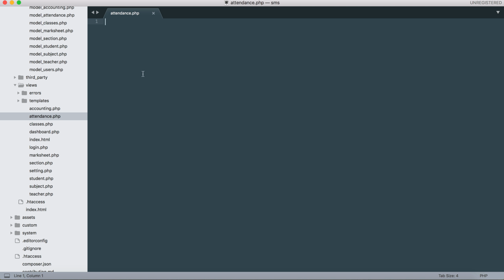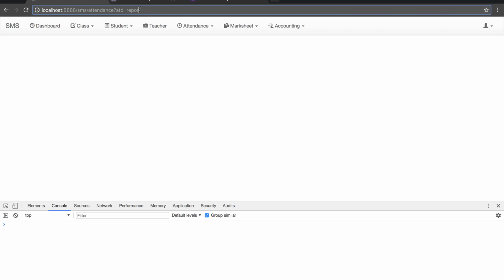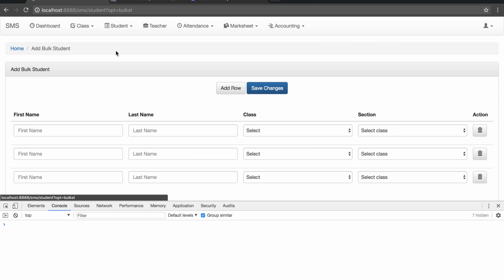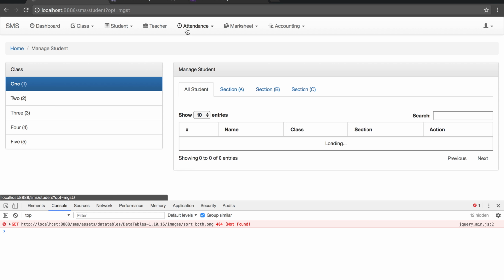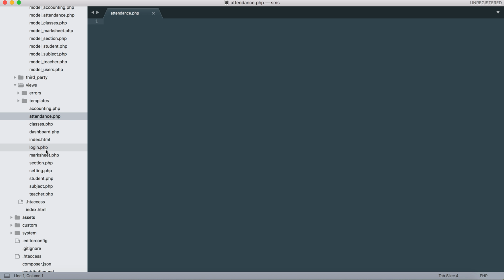We'll be displaying these two parts in one page by handling this URL, the GET URL. It's the same as in student. You can see that these are displayed based on this URL path. So it will be the same as this take attendance. So I'll do a simple thing. I'll just copy from the student